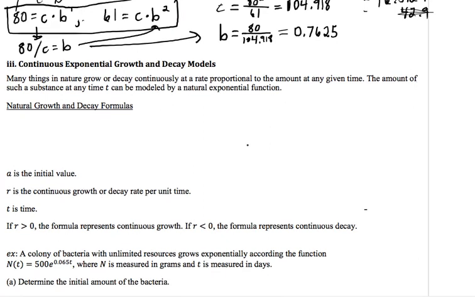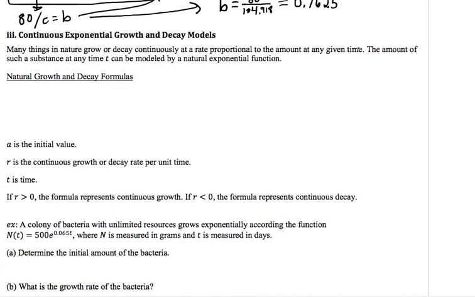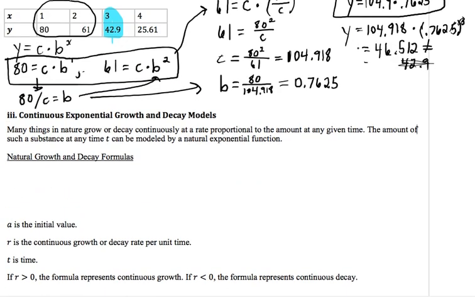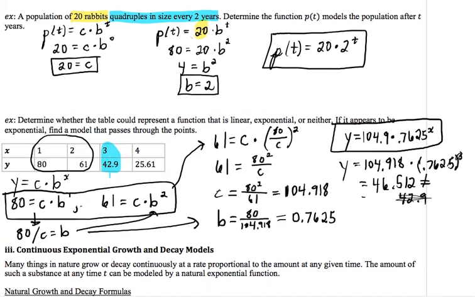Our next topic is continuous exponential growth and decay models. So the difference between these and the models that I was looking at just in the previous video is that when you're talking about continuous growth, you're talking about something that grows very slowly, a little bit every little second. It's constantly growing or constantly decaying just by a little bit at a time, or maybe by a lot at a time, but the point is it's continuously changing,